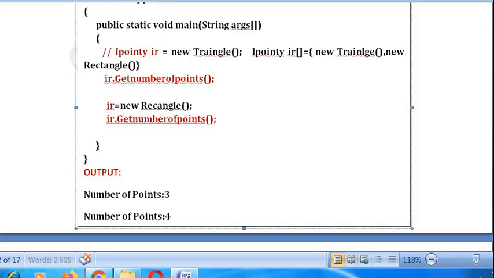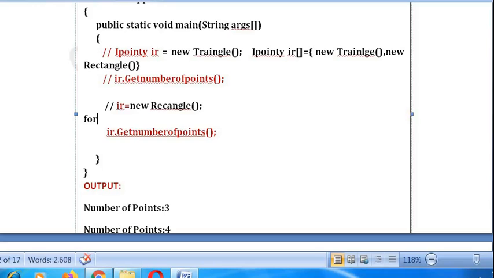We can call these using a single statement. Here I write for i = 0; i < IR.length; i++. Then, since the interface reference is an array, IR[i].getNumberOfPoints().